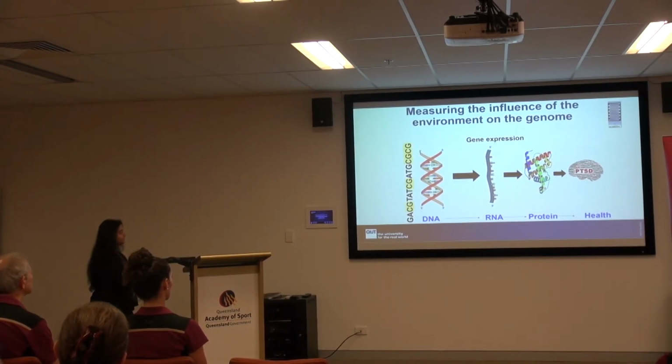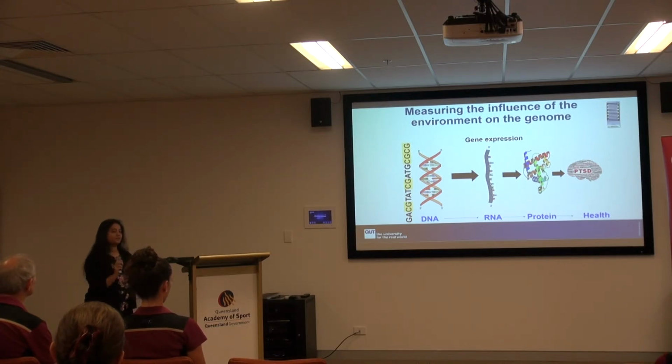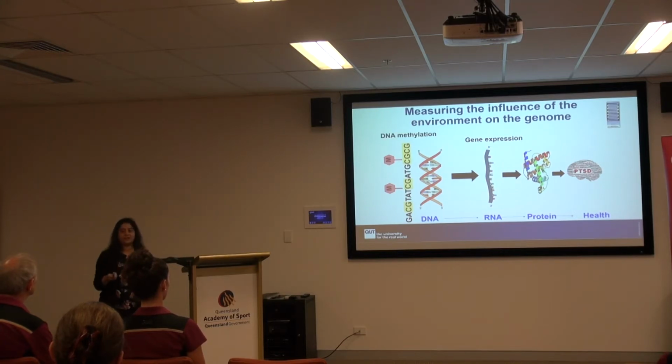But what's interesting is that in our DNA, we have some sites. These are sites in the DNA where the C and the G bases are next to each other. And these sites in our DNA are extremely sensitive to environmental factors. Due to several environmental factors, we can have chemical bonds, such as methyl bonds, that can be added onto our DNA. And this addition of the methyl bonds is known as DNA methylation.